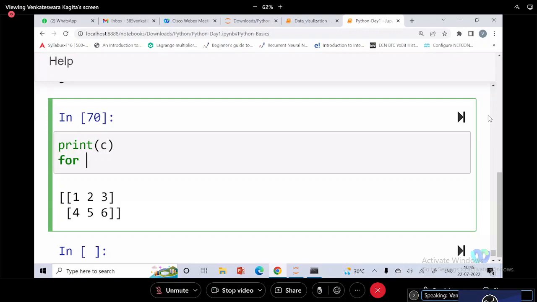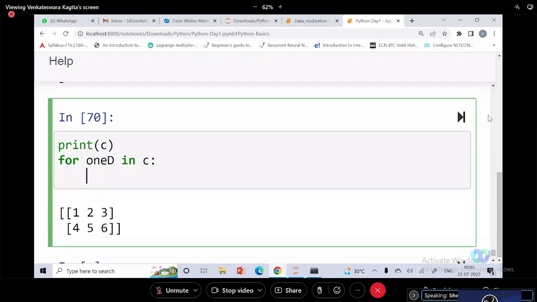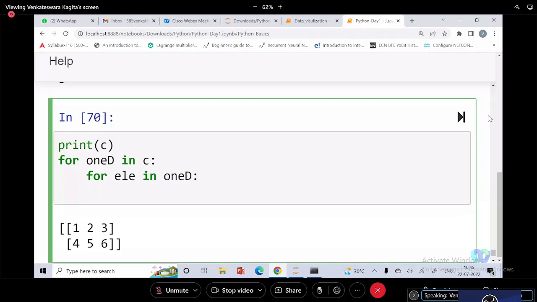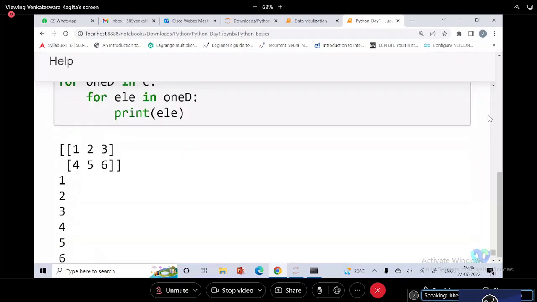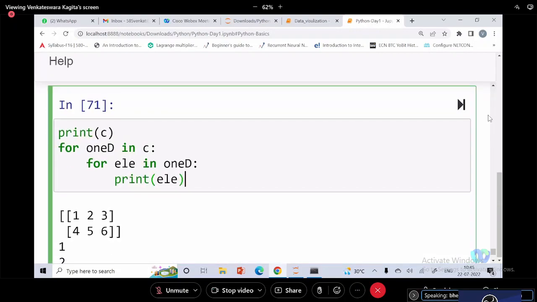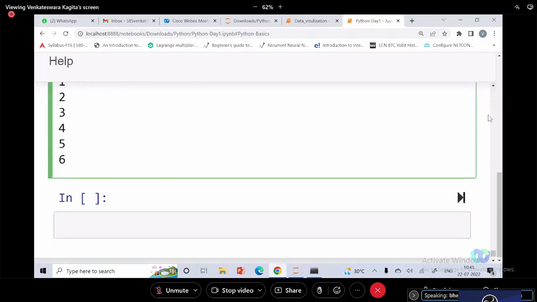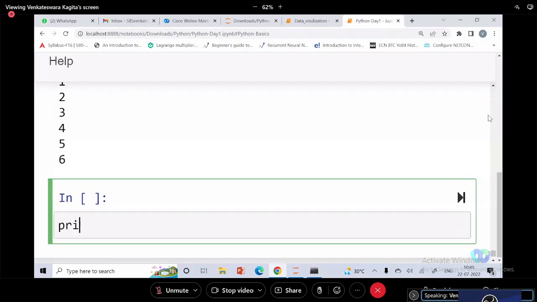What should I write? For each 1D array? Yeah, for each element or for each 1D array in C. Okay. And another loop I have to write, right, to access the elements. For each element present in 1D array, print element. 1, 2, 3, 4, 5, 6. Got it? So if I have to repeat it over all the elements of D, then